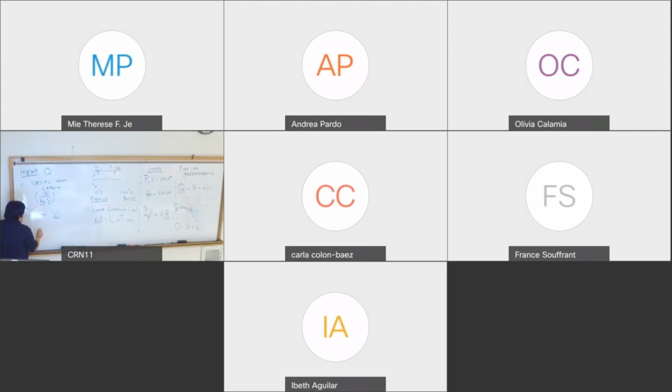You also need the mass of the substance and the change of temperature. Notice how I label temperature with a capital T. That's because lowercase t is used for time. So we can write the equation for heat is equal to